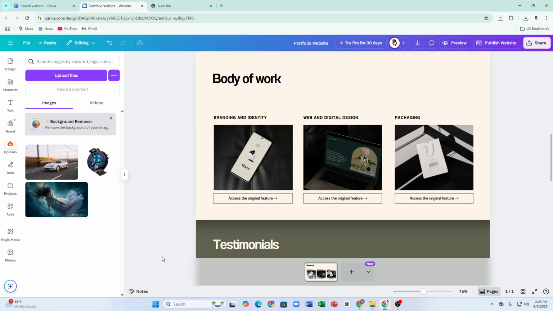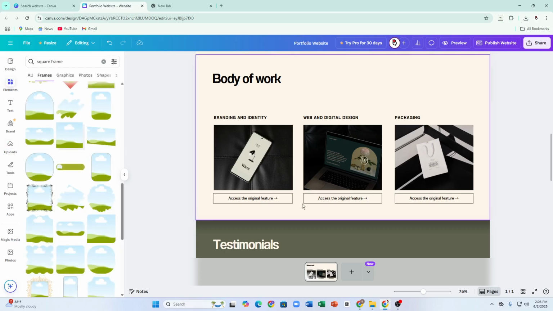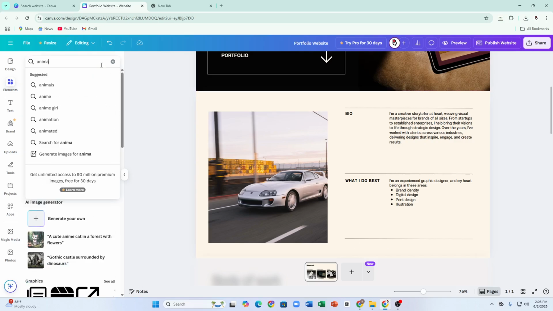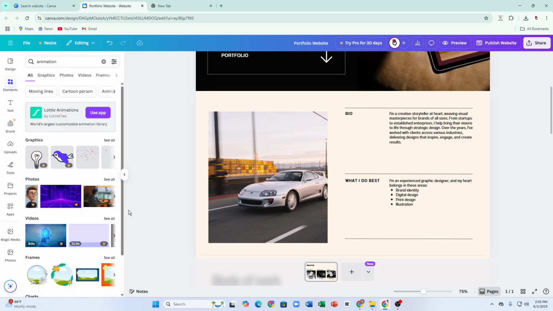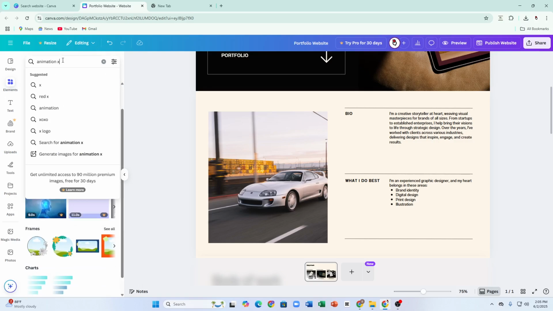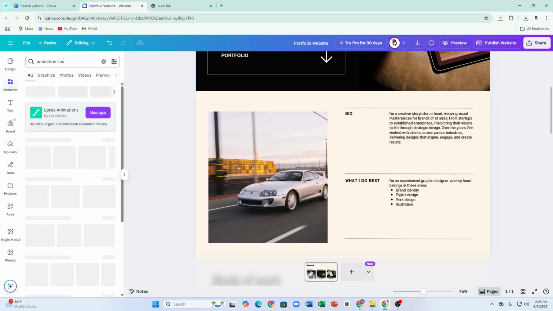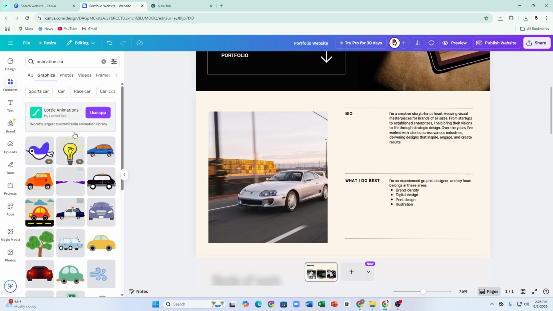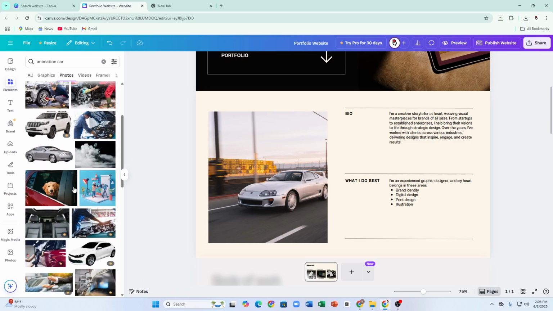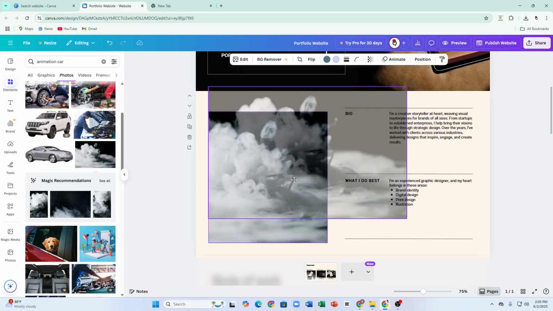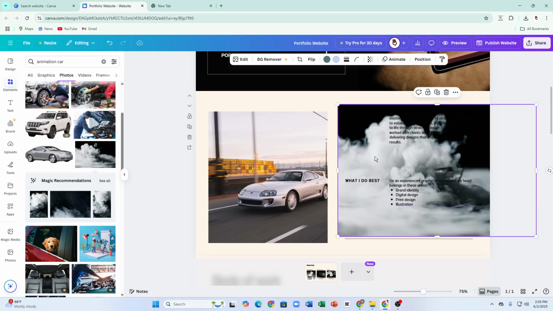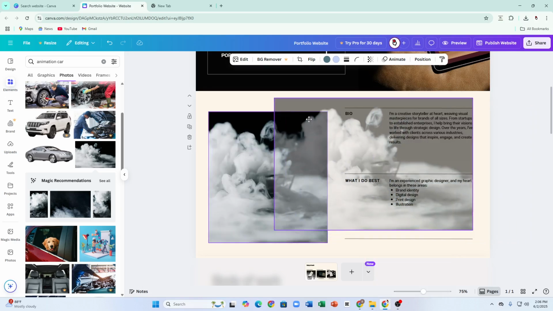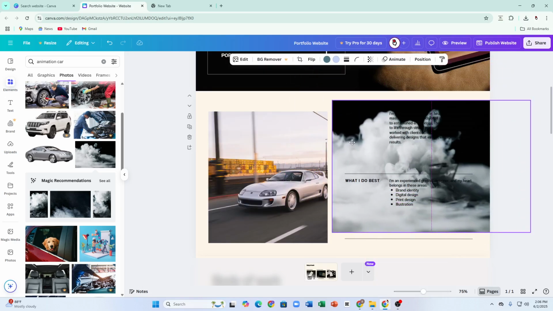Now let's say you want to add some elements from here. If you wish to, you can add some extra animation. So I'm gonna search up for animation car, and then I'm gonna tap onto graphics. I'm gonna use a free one. Okay, let's use a photo. So okay, this one looks nice. I'm not gonna add it over here. I'm gonna send it to back, like send backward, and then I'm gonna keep it or place it perfectly over